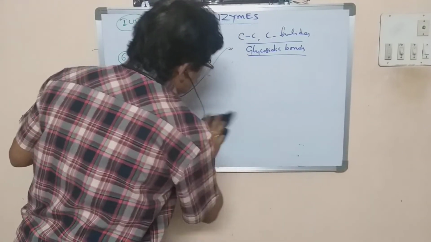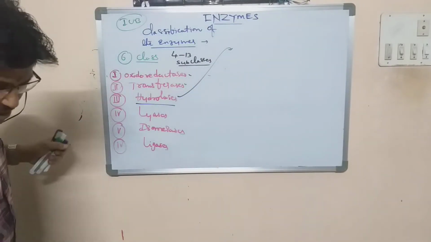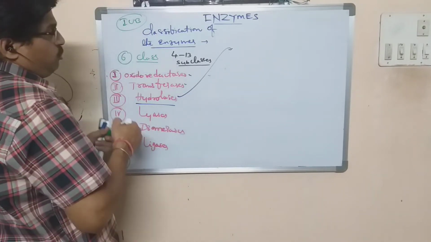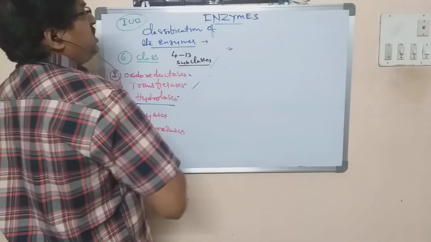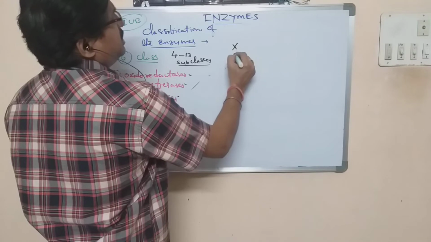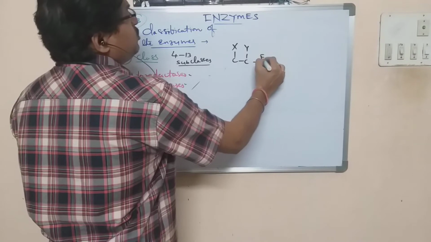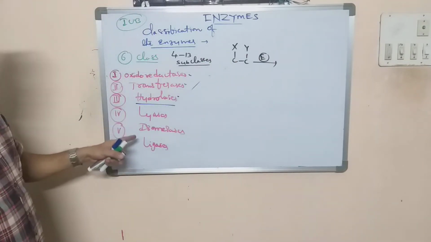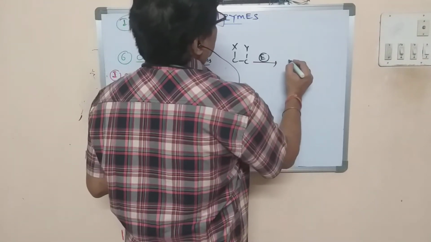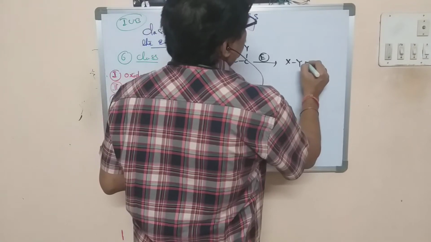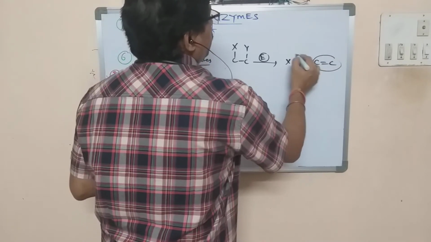Next we come to the lyases. In the case of lyases, you will find that they are going to break, and one group is formed with a double bond compulsorily. For example, lyases like this. Suppose here X, carbon here, and a bond attached like this to Y. Due to the lyase enzyme, the fourth class of enzyme, they are going to convert it into X as well as Y, and give rise to a C double bond like this. So compulsorily one product is formed like this.